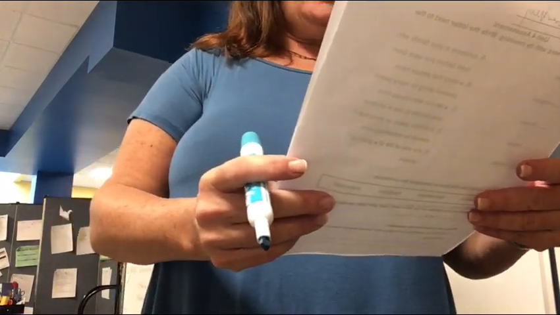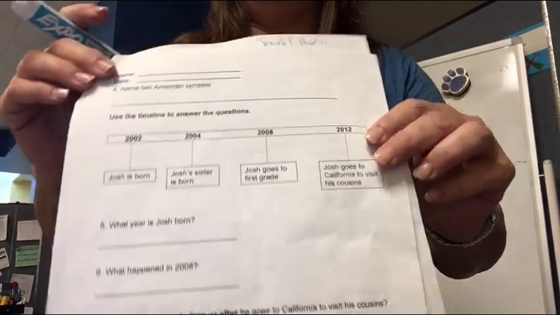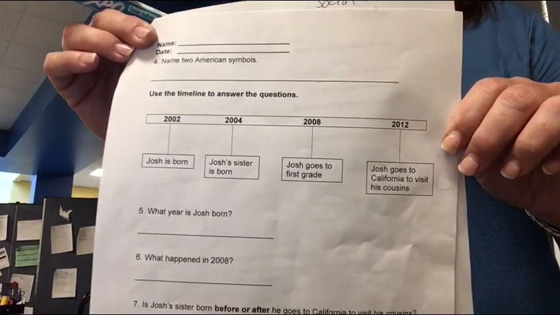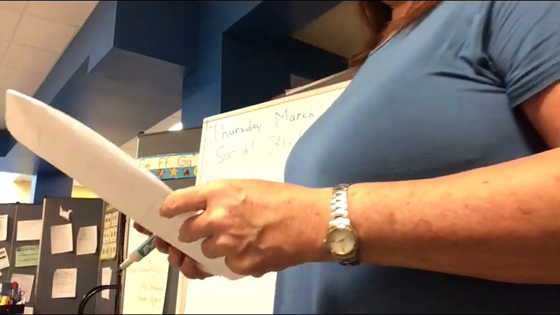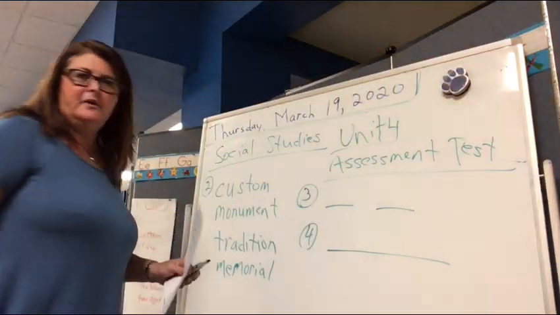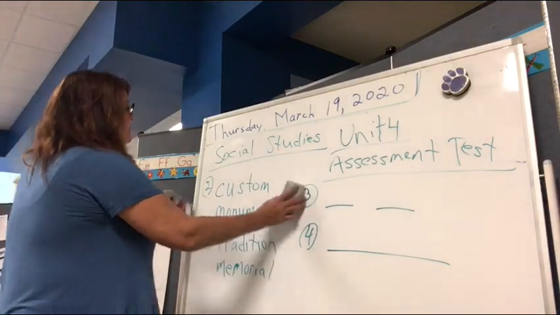Number 6, what happened in 2008? Read the timeline. What event happened in 2008? Okay, write that on number 6. I'll give you a minute. And then on number 7,